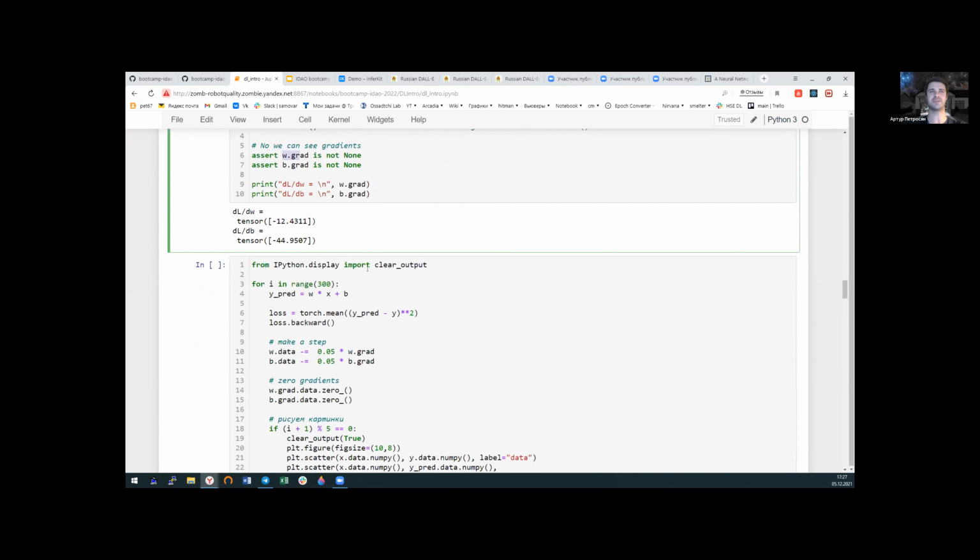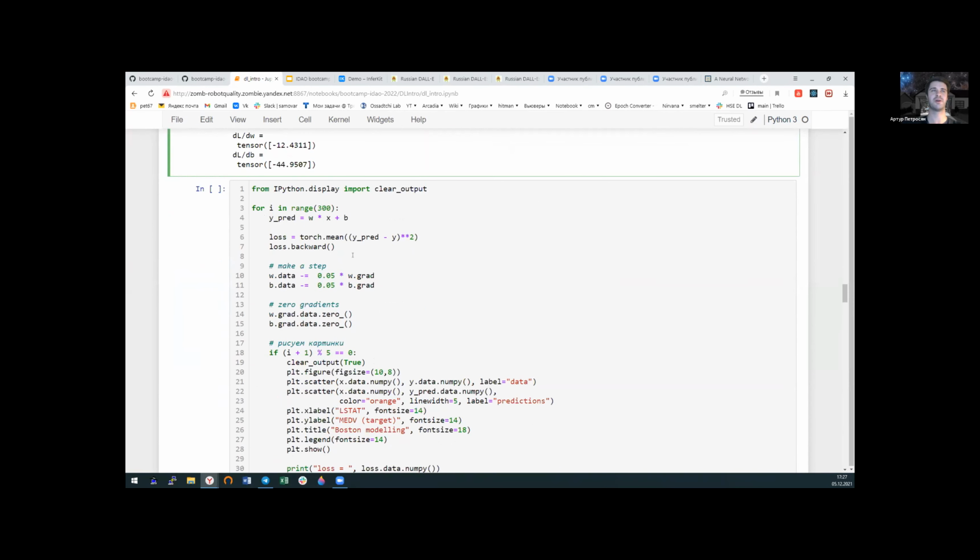Let's move to the optimization loop. At every iteration we make predictions with our weight and bias. Then we calculate the mean squared error loss. Then we call the backward method, and then we do the gradient optimization step. We do it with some learning rate, of course, and finally we need to